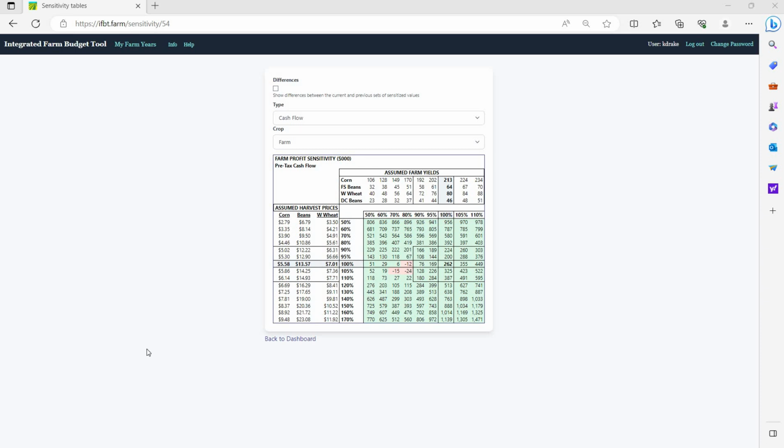Recall in our last segment, we noted that we had mitigated a lot of risk, but there's still some nearby risk related to reductions in prices and yields, and that we might have some other avenues of risk management to help offset those risks. One of those that we're going to discuss in this segment is variable land rent.